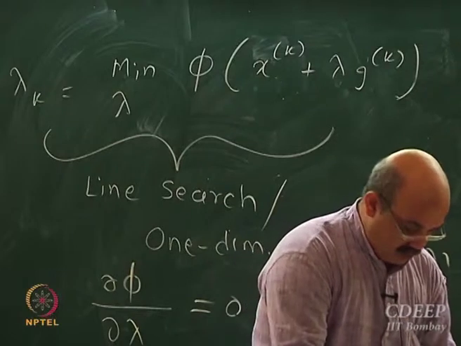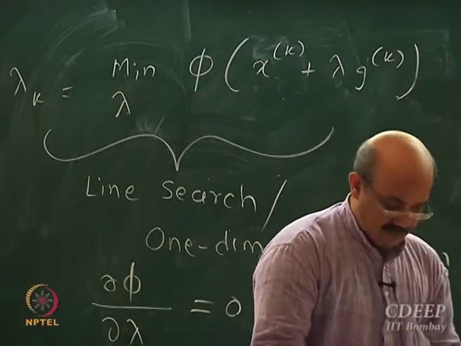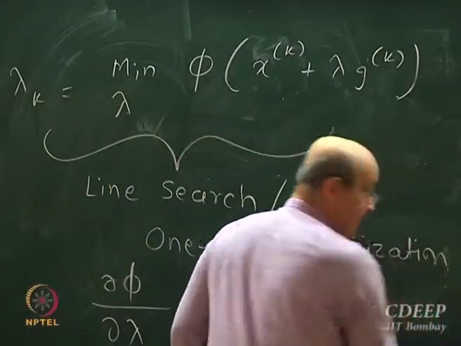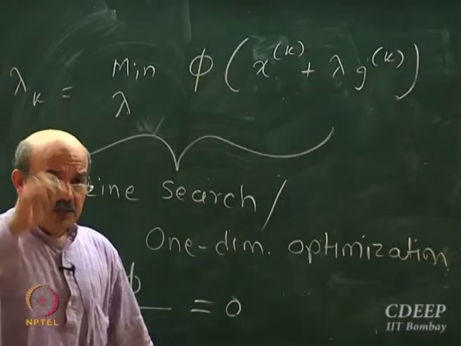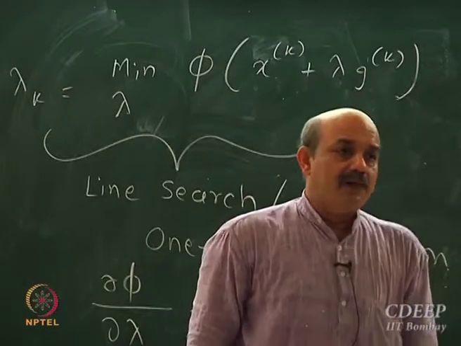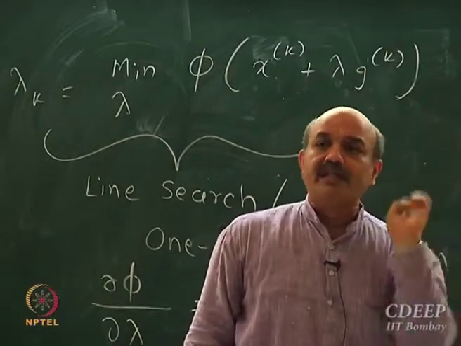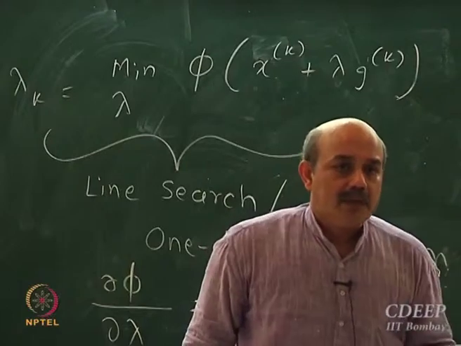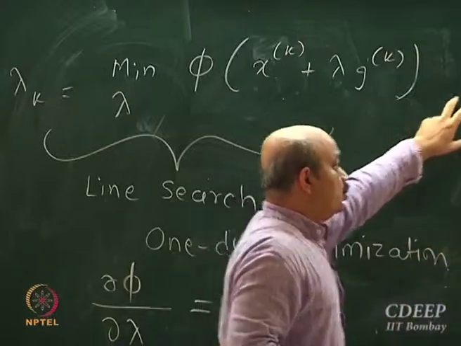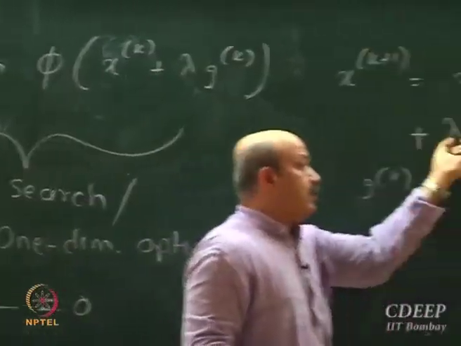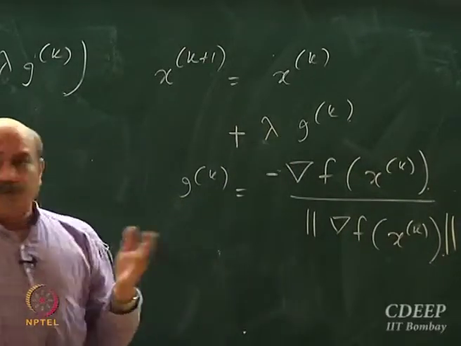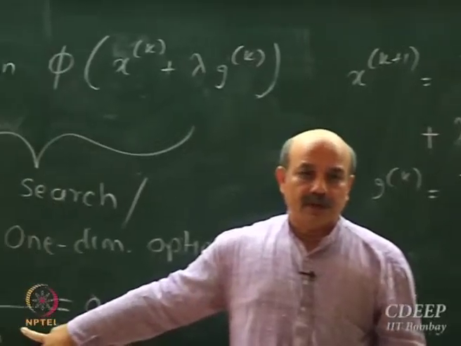Let me go back. Is this clear? Is the idea clear? The line of argument is like this. Locally, the direction in which the objective function decreases the most is the negative of the gradient. You know the direction to move, but you do not know how much to move. That is quantified by this lambda. And then we obtain lambda by one-dimensional minimization with respect to lambda.